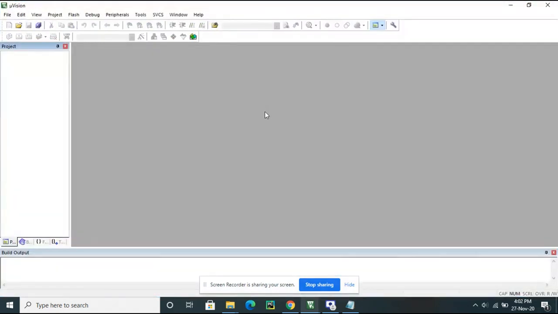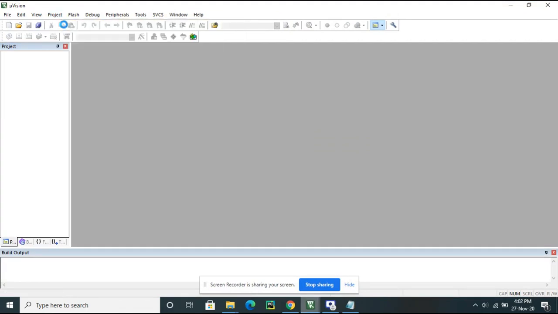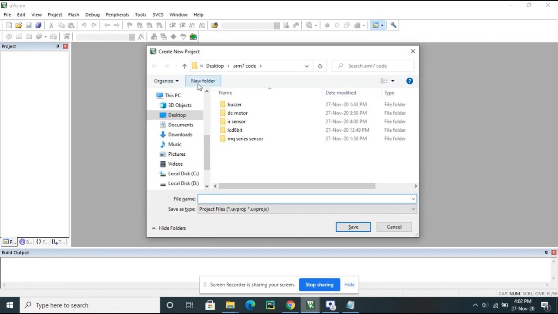So what we have to do, we have to click on the project, then click on new Microvision project, and you have to store it in the place you want. For that, we need to create one folder and give the name as LCD custom.